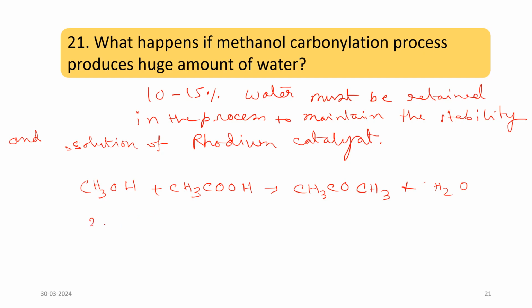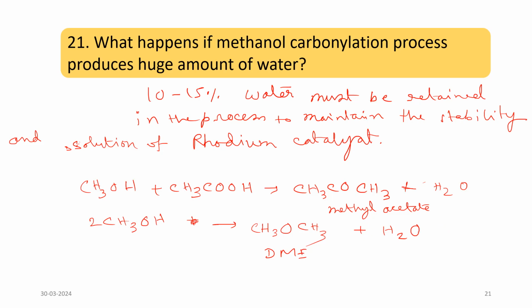Also, this methanol can react, can produce by decomposition, so this is DME, dimethyl ether, and this is methyl acetate. Okay, so these two reactions should not happen. That is why 10 to 15% of water is required. Next,